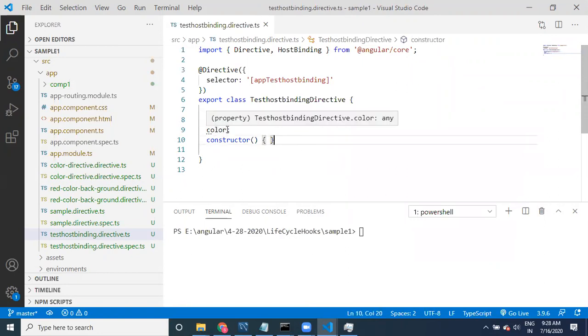If I inject the value red for this, then this element's background color is going to become red.